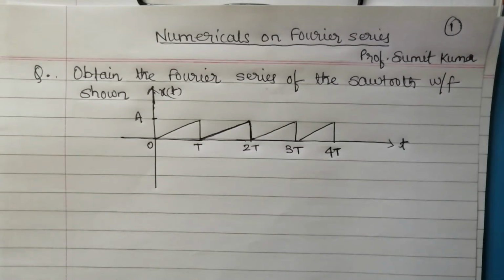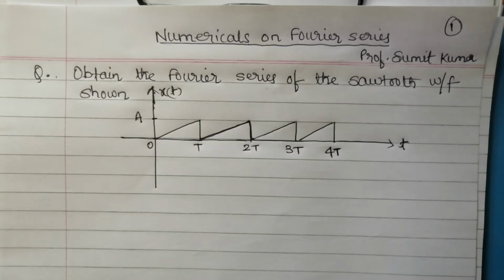See, I have taken many examples till date. Today we will see one more example based on Fourier series. In Fourier series we have two different parts. One is continuous time Fourier series, another one is discrete time Fourier series. So till date what we have studied is all from the continuous time Fourier series. By the next video we will start discrete time Fourier series.